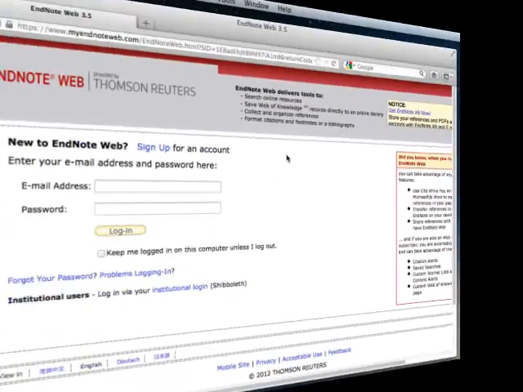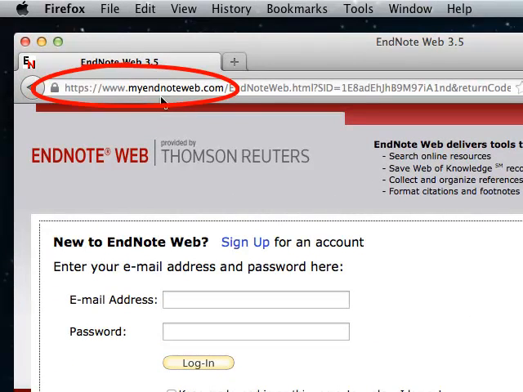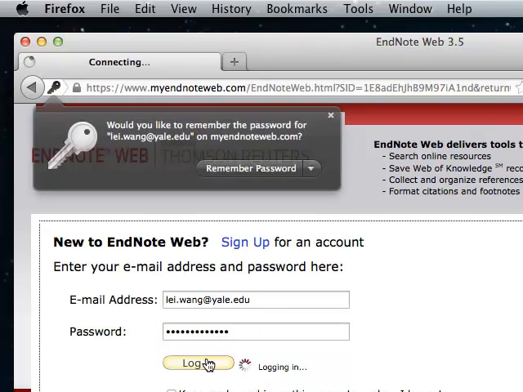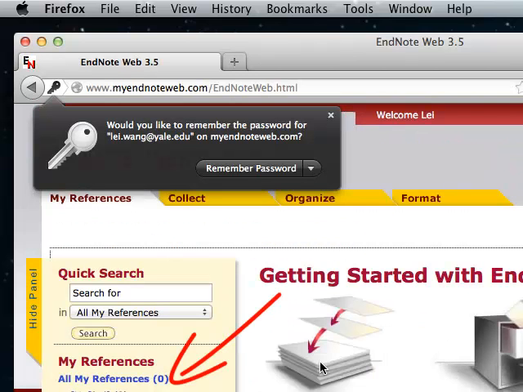So here is EndNote Web. It is at myendnoteweb.com. If you don't have an account, you can sign up for an account here. If your library already purchased the product from Thomson Reuters, such as the Web of Science, you can create an account for free. Just use your institutional email address and do this on your institution's IP range. I've already done this, so I'm just gonna log in here. Okay, you can see that I have an empty account, and I'm gonna transfer references from my desktop EndNote to